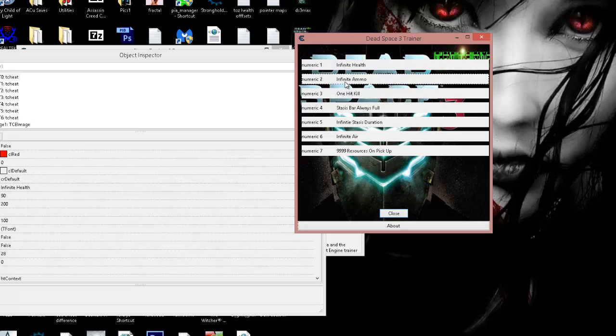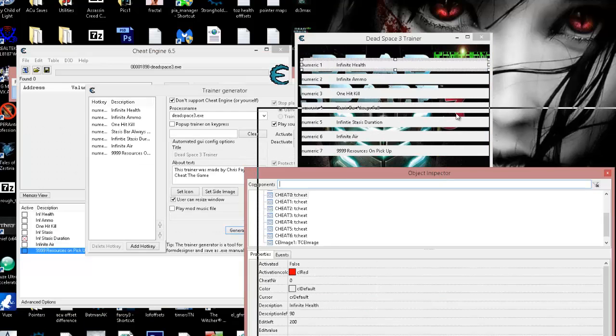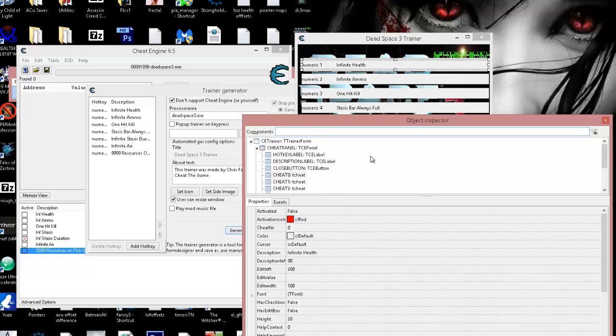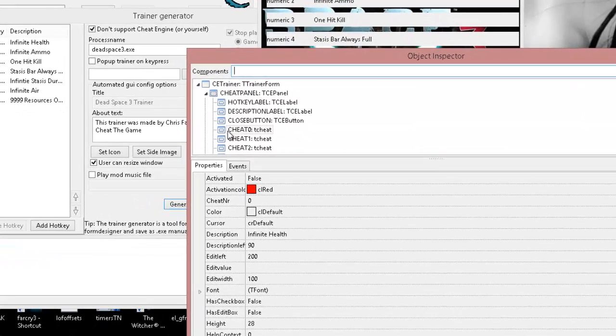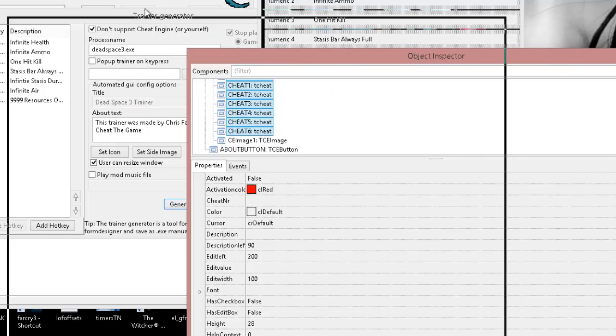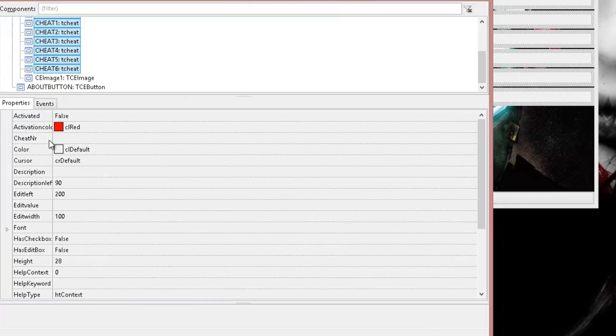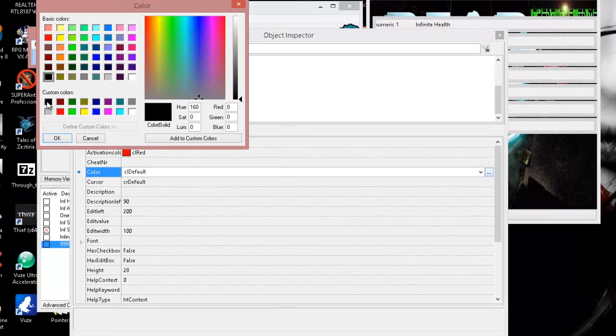And here we can go ahead and be creative with our different buttons. I usually just do these all together, and you'll find those here in the object inspector. You'll start with your first cheat, which is 0, all the way to here, and just highlight all of them, and you can make changes uniformly on this. And what I do is I normally set the background as the very first one. I usually set that to black,